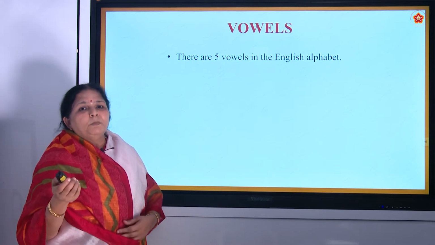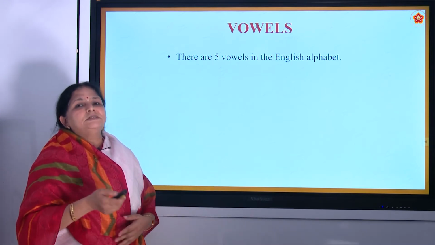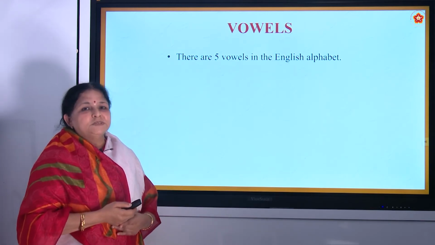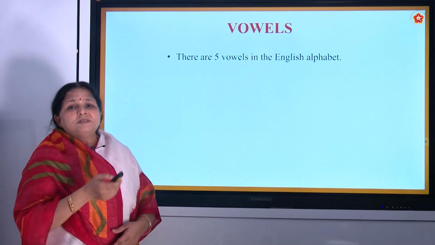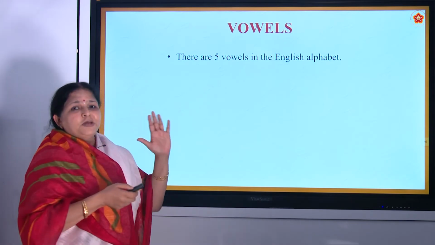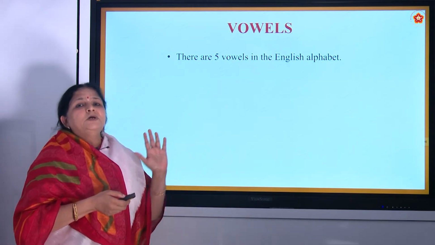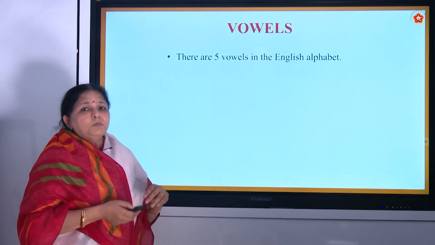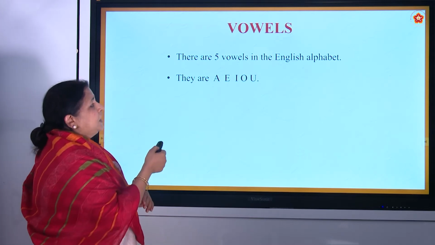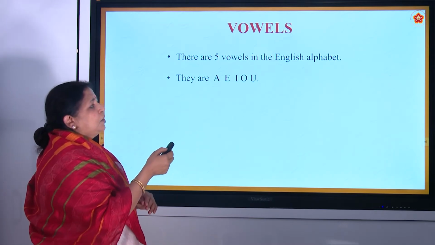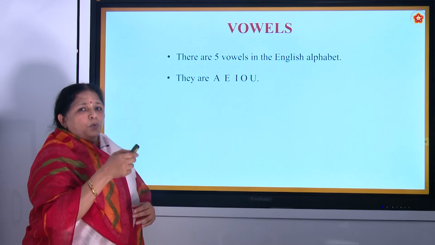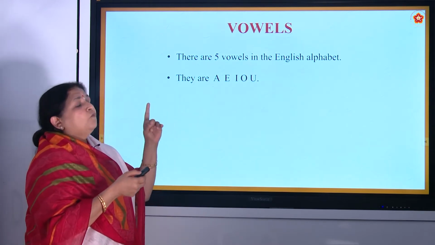Now we all have our names, right? Some of you are called Bharat, some Sita, some Lakshmi, some Rahul. All of us have names. In the same way, each letter in the alphabet has its name. There are 5 letters in the English alphabet which are called vowels. How many? 5 letters. Let us see which they are. They are A, E, I, O and U. So A, E, I, O and U are called vowels.